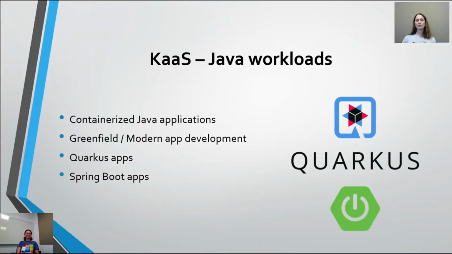Sure, Theresa. With KaaS, Kubernetes as a Service, you can host pretty much any Java workload that you already have in a container. Basically, anything that drops into a Docker container or even a Windows container, you can run in Kubernetes, at least on Azure. This is great because you could take everything from a POJO application to something far more elaborate, and you can deploy it easily in your ARO or AKS deployment.